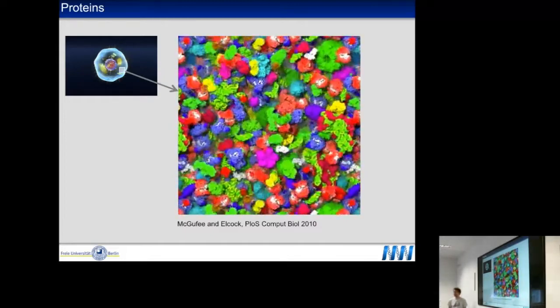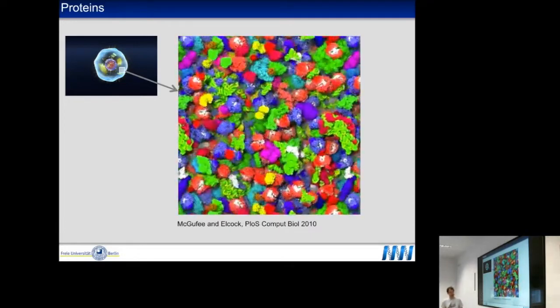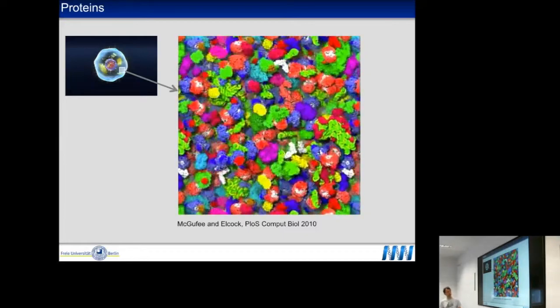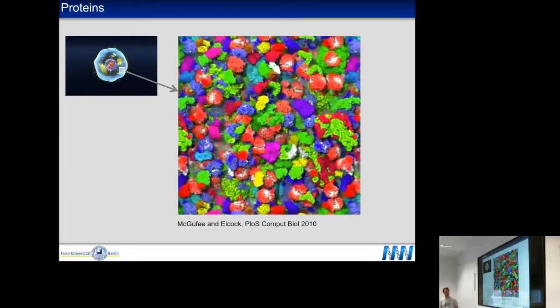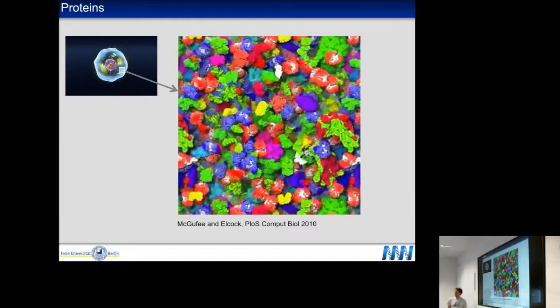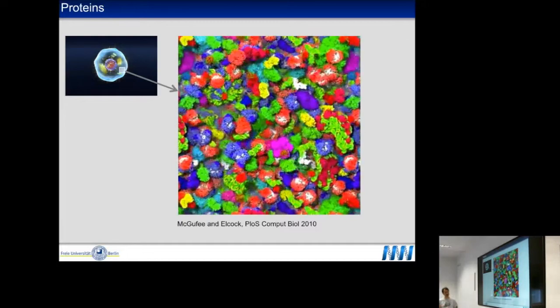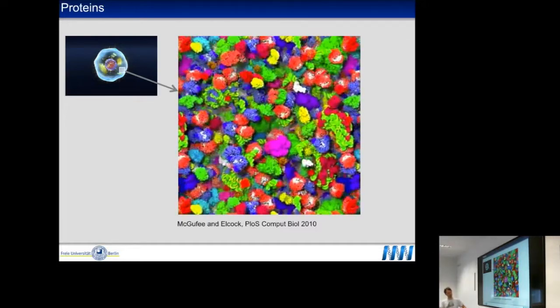And what this shows is proteins in the cytosol, so in the cellular liquid diffusing around, and you see some of them are diffusing fast, others are diffusing slow, sometimes they form contacts, and these contacts are often transient and then they dissociate again. There are some complexes that are long-lived,